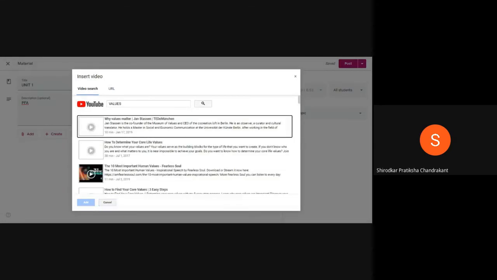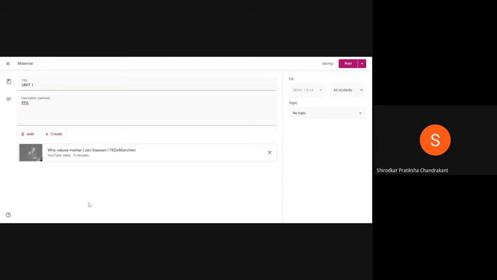This is basically a provision which will help you add anything related to YouTube from Google Drive and share with your students. For a demo, I'm selecting the first video available here. When I click on this YouTube video, the Add option will be active, then I'll click Add. So this video has come here, and the link to this video will be seen here.